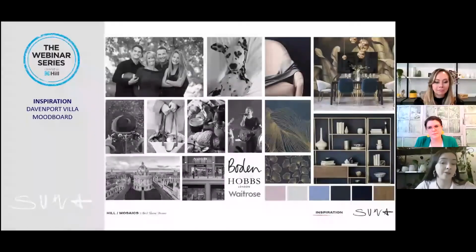Especially when I was doing the installation, there were a lot of dog walkers. So these people might have a dog, they might go to the museums, they go to the university and so on. So we really think about who is going to be using these spaces and who is going to be buying these homes. And then for the colour palette, for this particular one, we started with this really deep heritage navy blue colour,